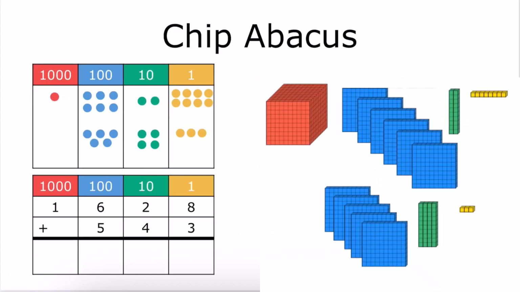And after the students have learned the standard algorithm, you still want to do more problems with them where you're visualizing the process so that they can visually tie the concept to the numbers and the processes that they're writing down. So what this would look like, if we go back to that old problem we were working on where we have 1,628 plus 543,